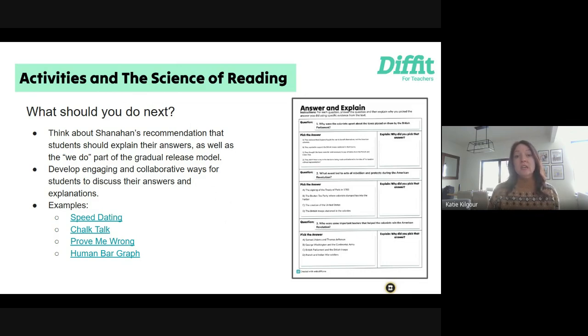So after they've done that individually, they've chosen a multiple choice answer and explained it in the column to the right, then you can have them group up and do some engagement. You could have them do some speed dating, where they're sitting across from somebody explaining, "I chose B because." You could have them do chalk talk, which is basically a silent version of speed dating, where they are writing on butcher paper or poster boards or large sticky notes,